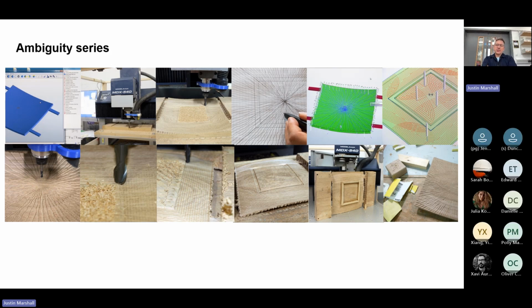Well, where does the hand start and finish? When does this sense that you're being in some way inauthentic because you're being aided by machinery kick in? So I was using this idea to create things that looked like they might be handmade or hand carved in traditional ways, but actually